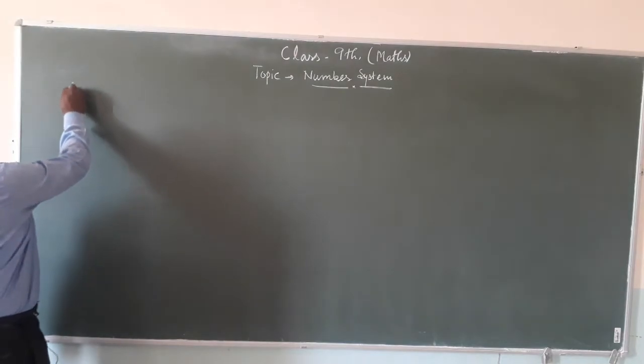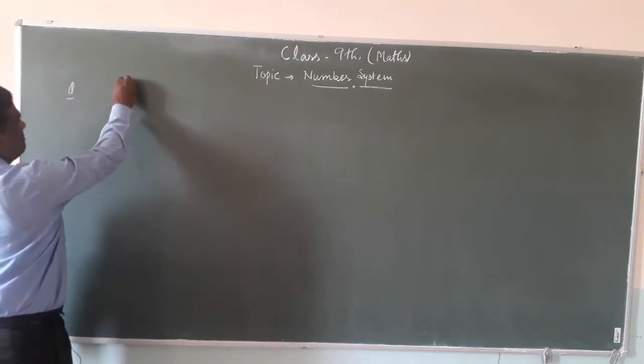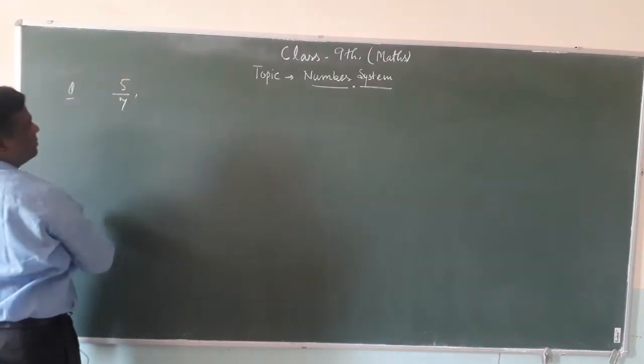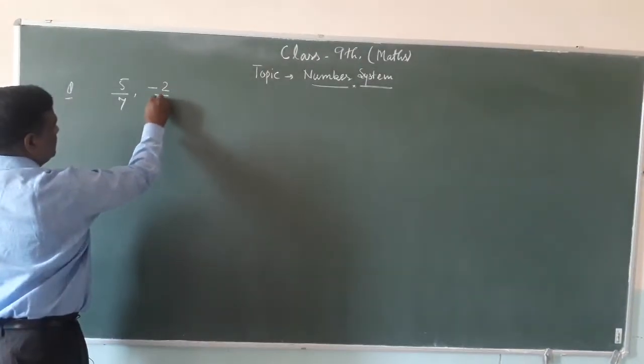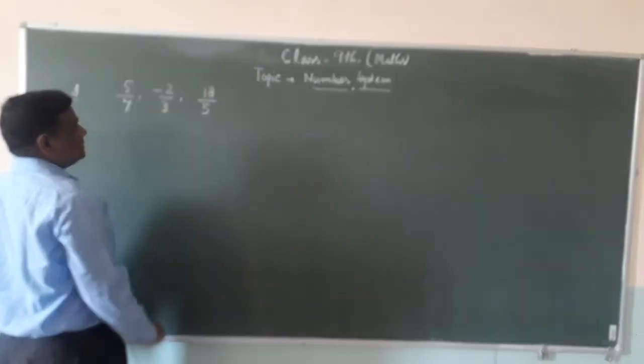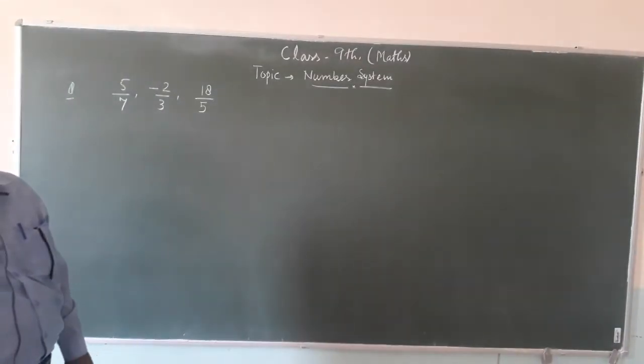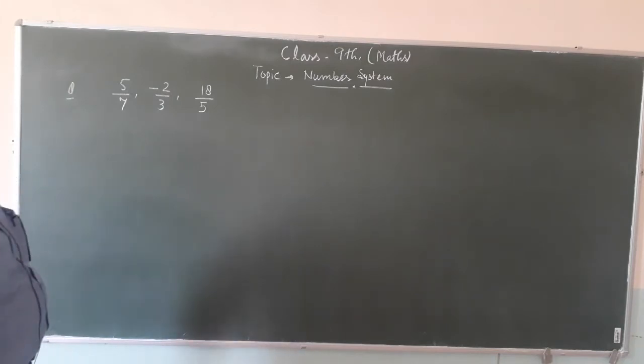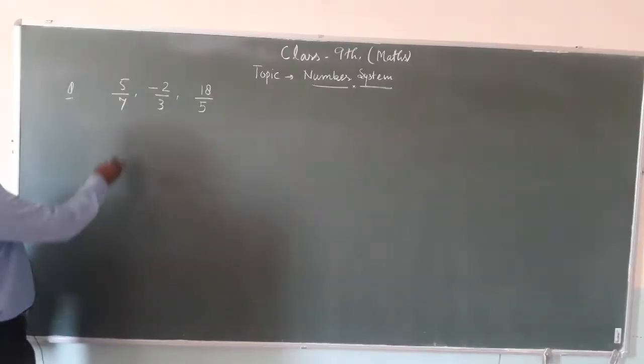Suppose we draw 5 by 7, minus 2 by 3, 18 upon 5 on the number line. Okay, so first we can draw